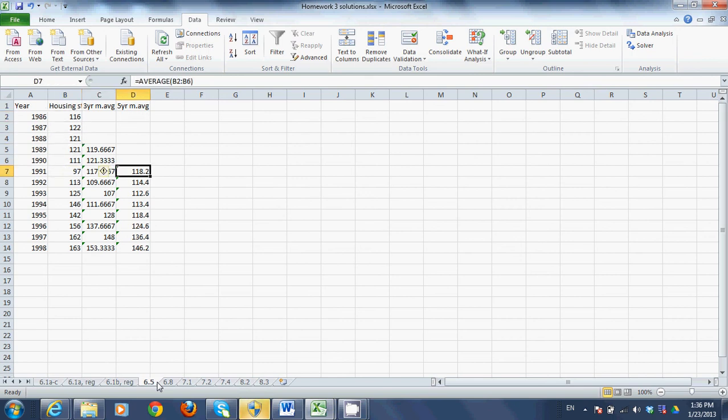So you can think about the relative advantages and disadvantages of a 3-year and a 5-year moving average. 3-year is going to be more volatile because every new movement in the data can shift it around. But the 5 years are going to be using more out-of-date information. So if you have a market that's moving fairly quickly, to assume that it's a moving average that reaches all the way back 5 years into the past, that might not be a very useful way of looking at this particular problem. So, but in any case,